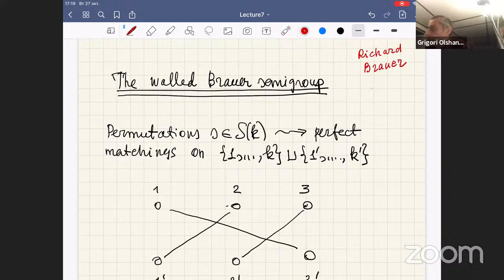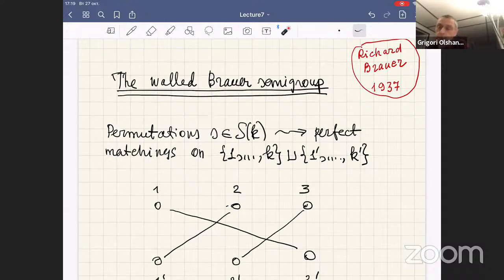He introduced in a paper in '37 the notion of what is now called the Brauer semigroup, but he did not introduce this notion. This notion is quite a natural version of the Brauer semigroup. The Brauer semigroup is something which is related to orthogonal groups. But the walled Brauer semigroup is a similar object which is related to the unitary group or to the GL_N, which